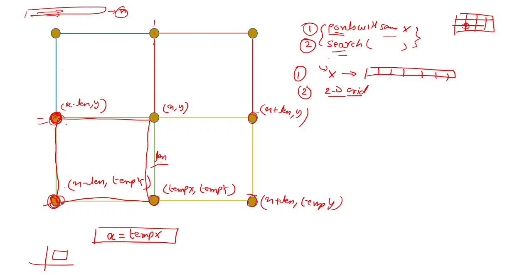So suppose this particular point is repeated a times, this particular point is repeated b times, and this particular point is repeated c times. Then the total number of squares that can be formed with this as constant, where we can pick any combination of a, b, c, is a into b into c. So that's the concept, and these are the two data structures we are going to use. One is a map of the integer x coordinate to the list of pairs, and second is the grid to search whether the point is present, and if it is, how many times. Okay, so let's see the code and we'll understand it better there.